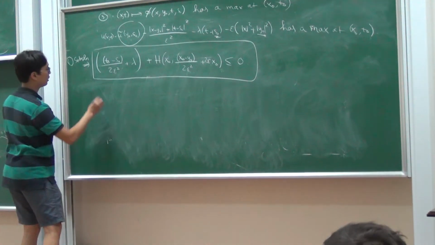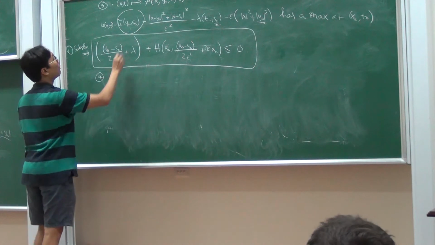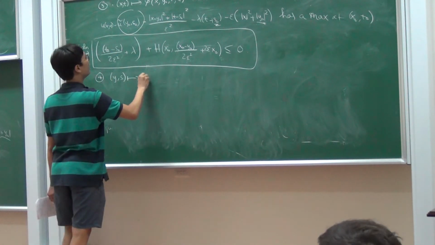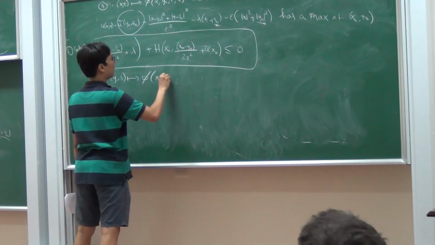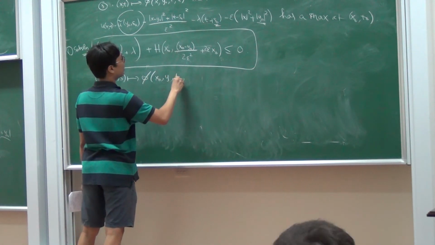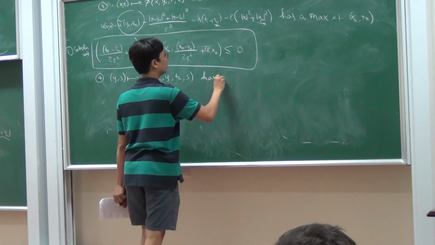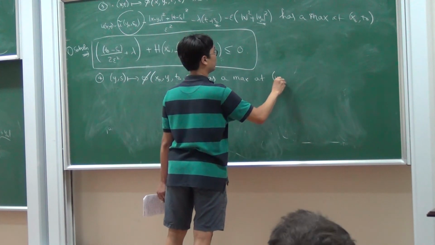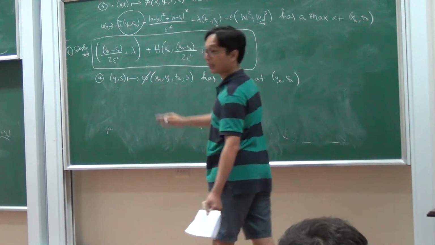Now, step 4. Now I'm going to freeze x and t, and vary y and s. So (y, s) maps to (x0, y), (t0, s), and (y0, s0). Right, right now, get